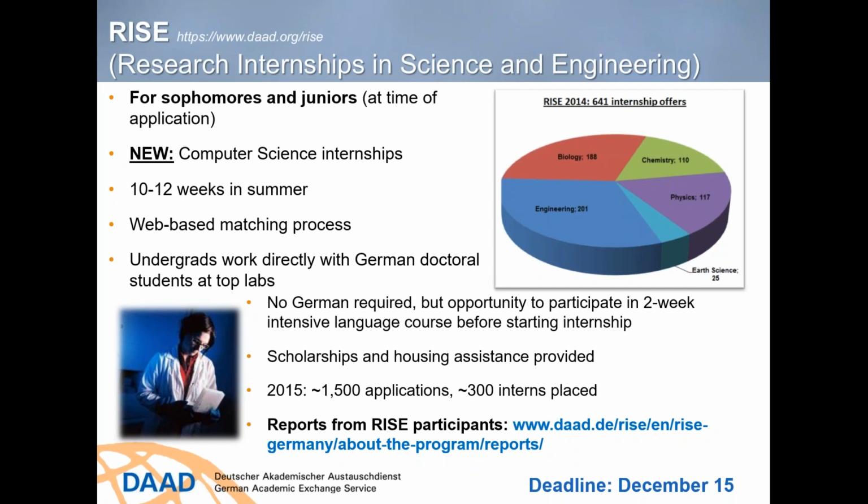What do we provide in terms of support? 650 euros a month, plus a travel stipend, so that helps cover most of the costs of the transatlantic flight, and insurance, health insurance while you're there, as well as liability insurance. And 650 euros is enough to lead a student lifestyle. The host researcher and institution are obliged to help find housing, and generally speaking, this happens without too terribly much difficulty.